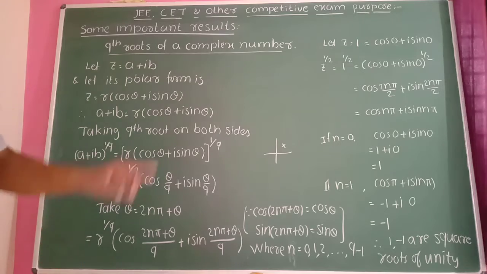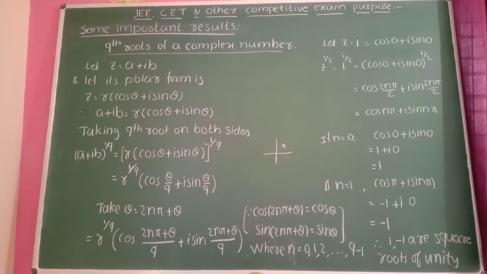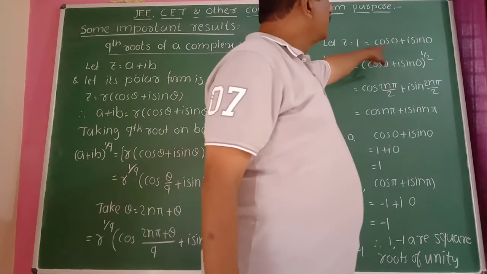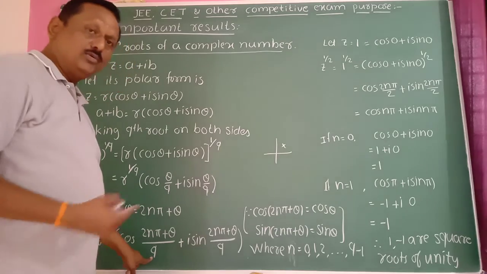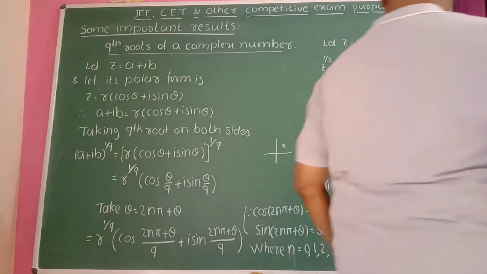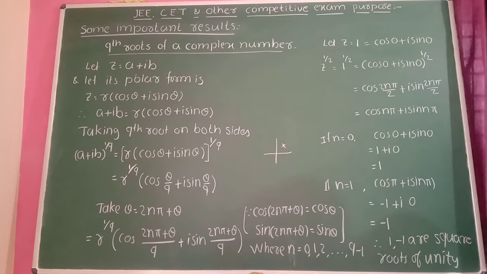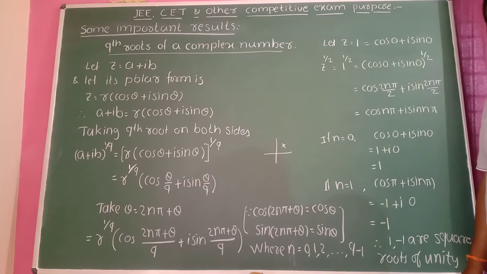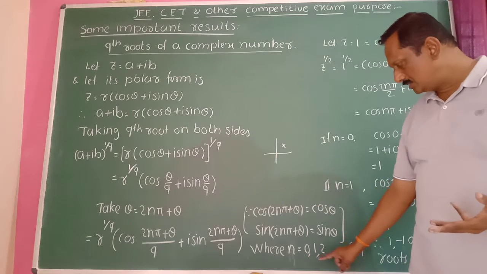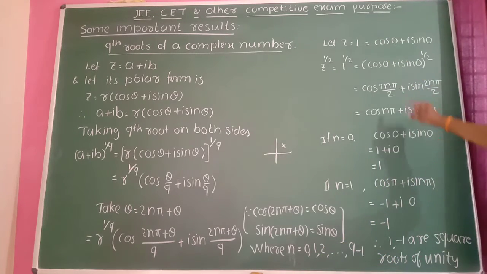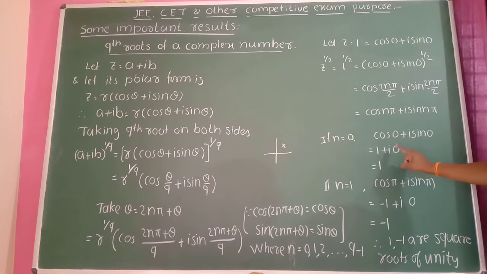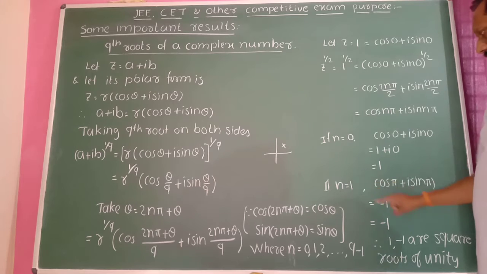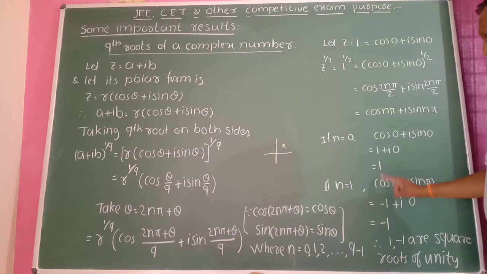Okay, so this is one method here. Using this formula, 1 can be written as cos 0 plus i sin 0, which means theta value is 0. So replace theta by 0 and q by 2 here, because we want the square root of unity. Square root means raised to 1 by 2. So square root means it has 2 roots. Cube root means it has 3 roots, because according to this n value. Therefore take 1 by 2 inside, 2 cancels here. Cos of n pi plus i sin n pi. If n value is 0, substitute, we get 1. If n is equal to 1, substitute here, we get minus 1. So 1 and minus 1 are the square roots of unity. This is one method.